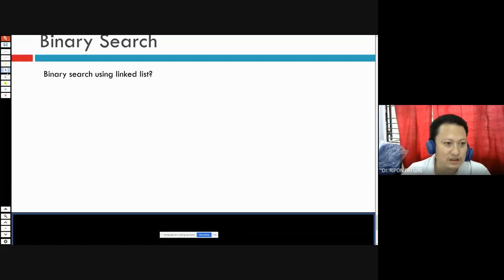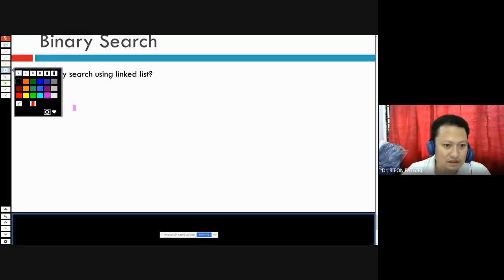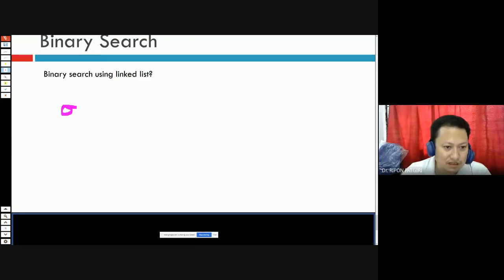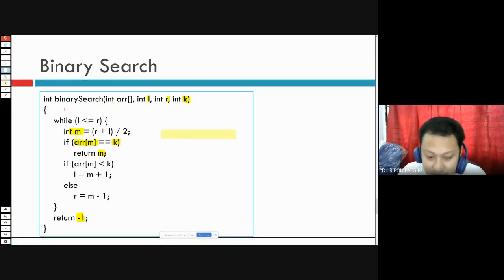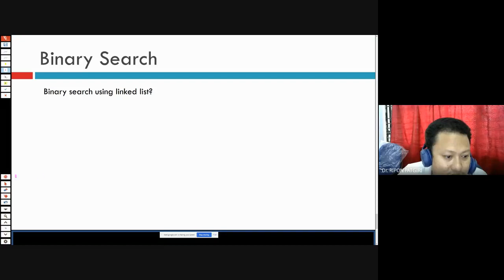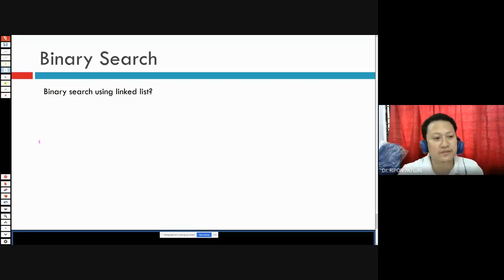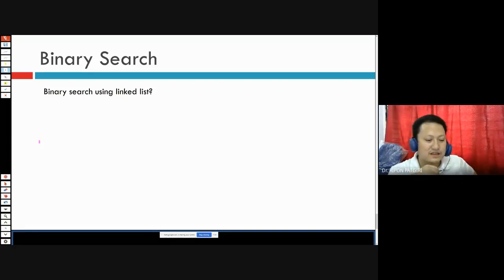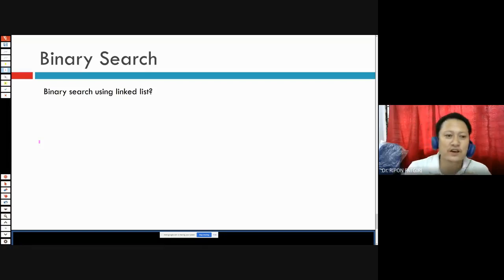Say for example, if you by chance become railway minister, who knows in the future who is going to become a railway minister, then you will implement railway tracks using binary search on a linked list, that is known as a skip list.